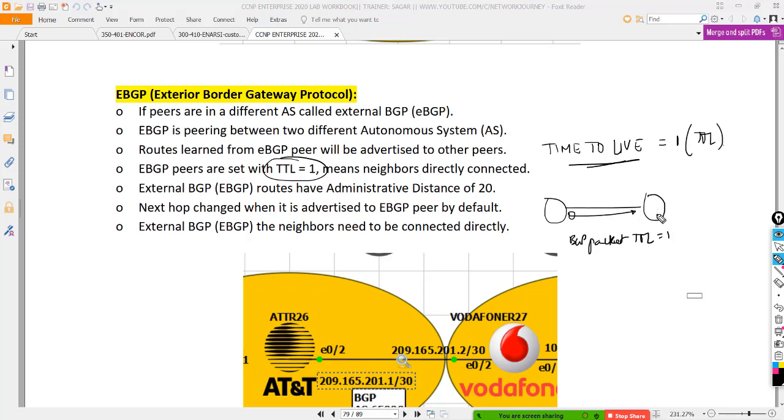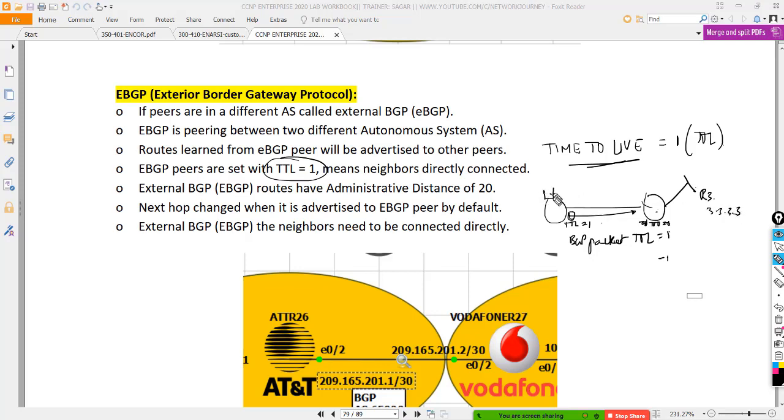Okay, and this TTL will be decremented by 1. As soon as my packet went, it was carrying TTL 1. As soon as it reached here, it's going to be decremented by 1, and now TTL is going to be 0. That means it has reached till here and got decremented, and that's all. That's what is happening. Now let's say there was something behind this router R3, and you are still sending TTL 1. Now what happens?